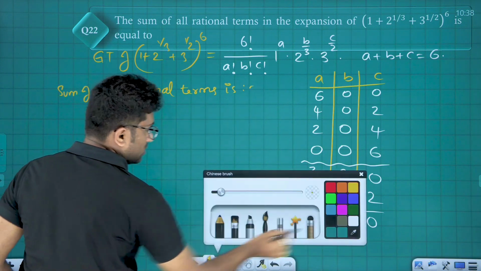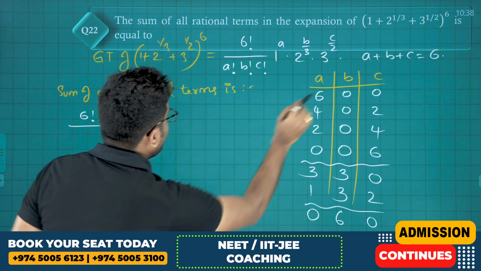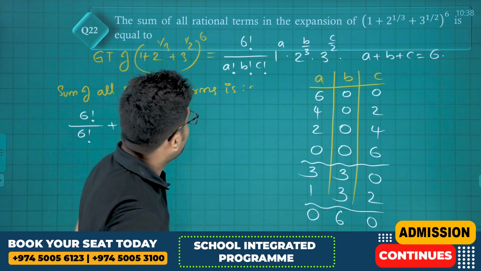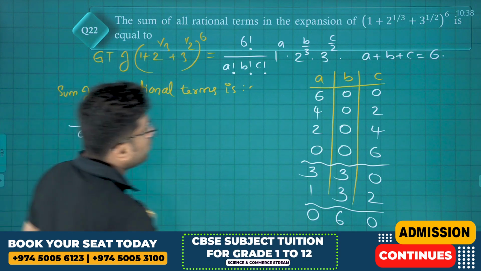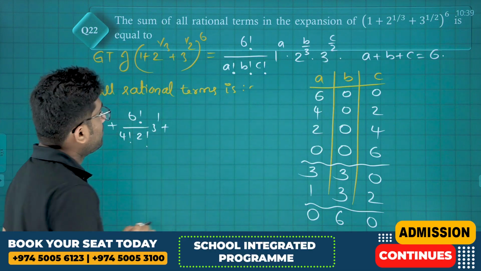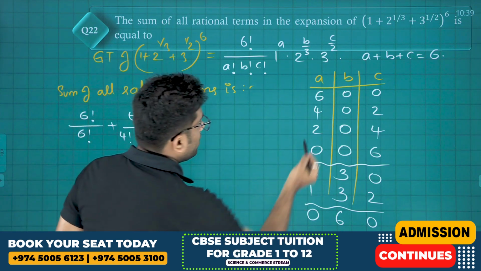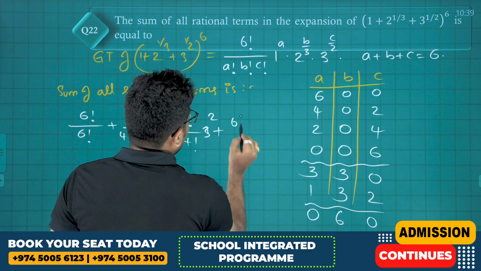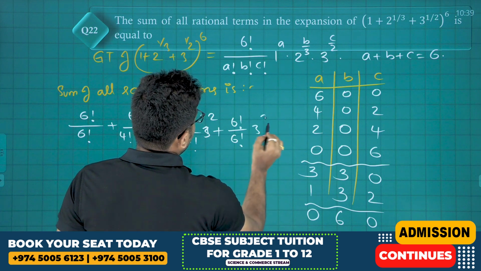is starting from 6 factorial divided by a factorial, b factorial, c factorial, which is 6 factorial into 1 power 6, which is only 1, plus the second case is 6 factorial divided by 4 factorial into 2 factorial, 1 power 4, 3 power 2 by 2, which is 3 power 1, plus 6 factorial divided by 2 factorial into 4 factorial, 1 square not necessary, 3 power 4 by 2, which is 3 square, plus 6 factorial divided by 6 factorial and again 3 power 6 by 2, which is 3 cube, plus